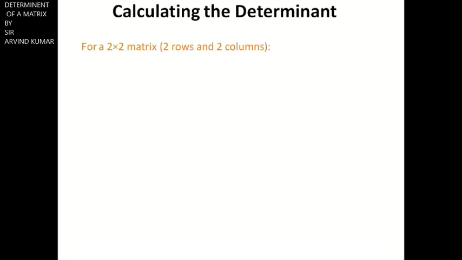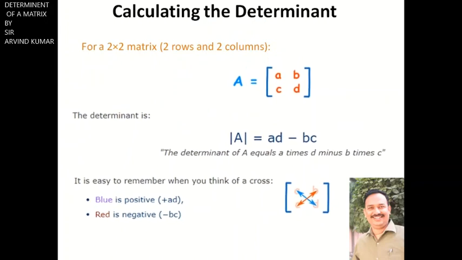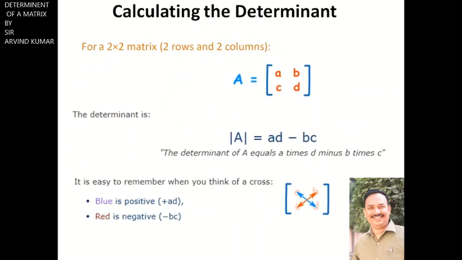Now let us calculate the determinant of a 2 by 2 matrix which I have just shown you in the previous case. Now let me tell you symbolically. Suppose we need to find the determinant of A, which is 2 by 2, in which the first row is a b and the second row is c d. Then simply the determinant of A is equal to cross multiplication of a with d minus cross multiplication of b with c. So the determinant of A equals a times d minus b times c. It's quite easy to remember by this example which I have just shown you.